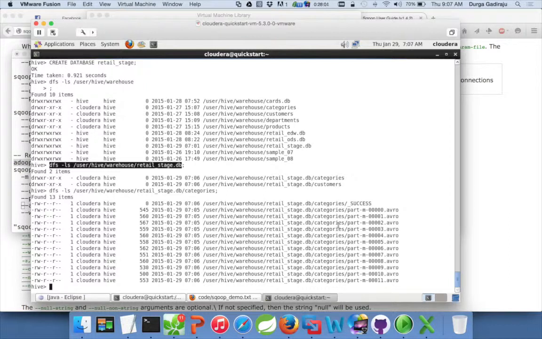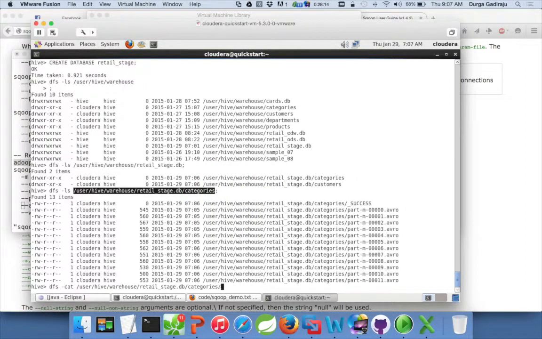And when you try to cat what is there in one of the .avro files, it will most likely be in binary format. Let us see.